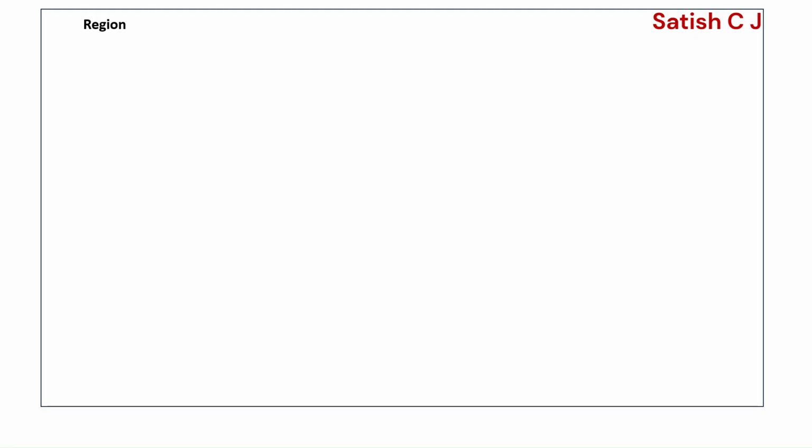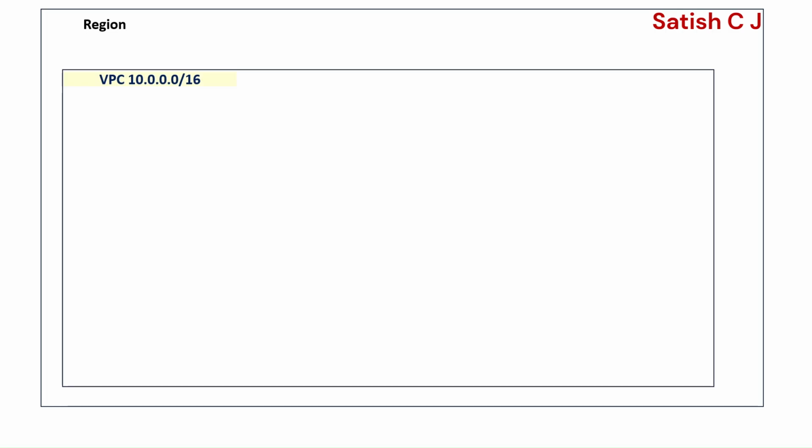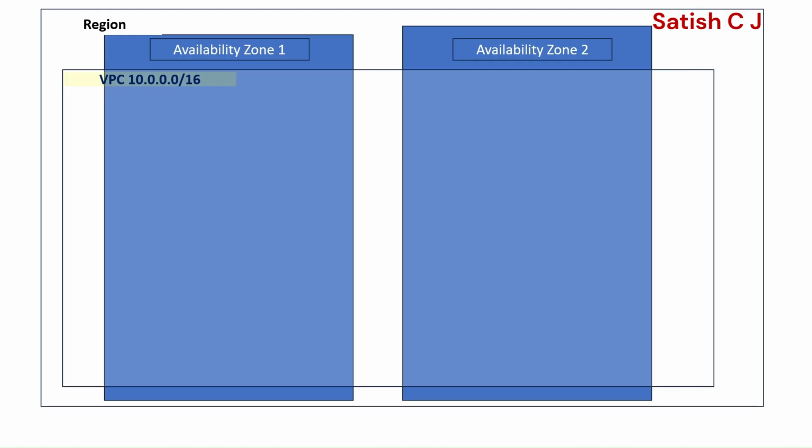The infrastructure that we are going to provision on the cloud is as follows. We'll be creating a VPC with the CIDR block 10.0.0.0/16, and this VPC will span across two availability zones in a region. So that is US East 1A, and availability zone 2 is US East 1B. And in availability zone 1, we'll be creating a public subnet, and that's the CIDR for the public subnet 1,